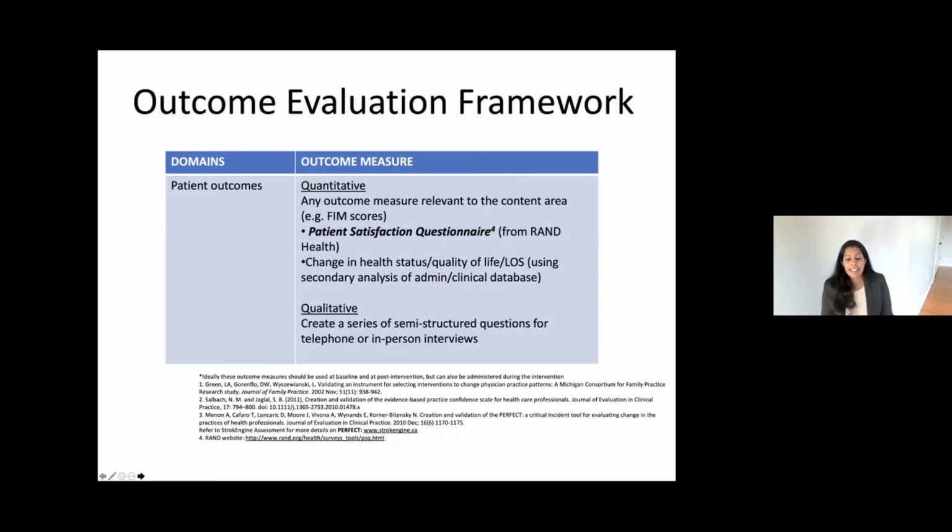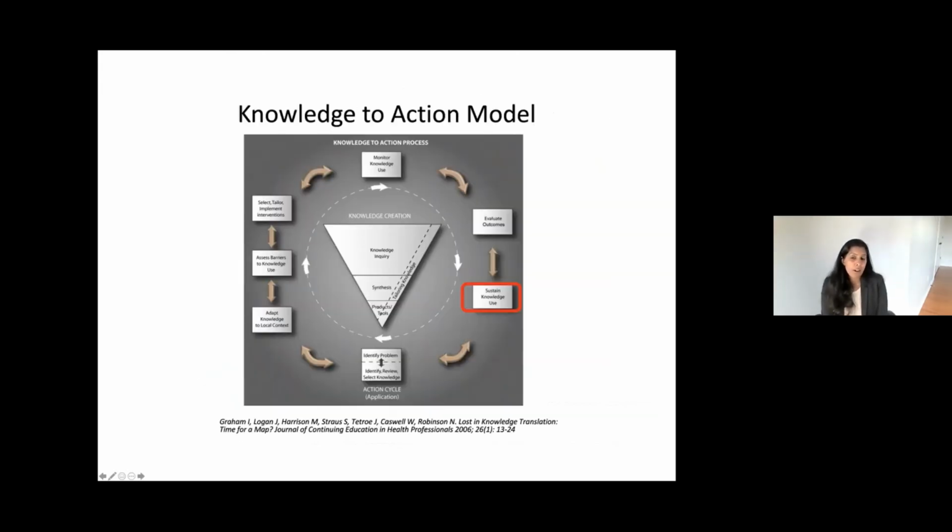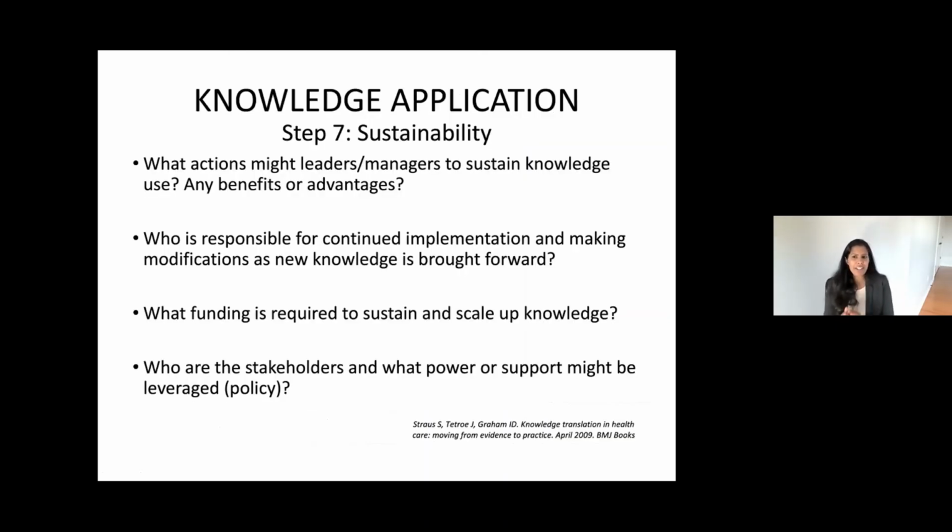And then finally, the last step of this knowledge to action model is really looking at sustainability. It's something that you do need to think about right at the beginning of your project, but sometimes it's kind of an afterthought. Regardless, it needs to be thought of. It's really thinking about, once you've implemented a change in knowledge, how could you make sure that this sticks? All the efforts you've made and all the money that has been spent to implement a new guideline and make sure that it's adhered to,